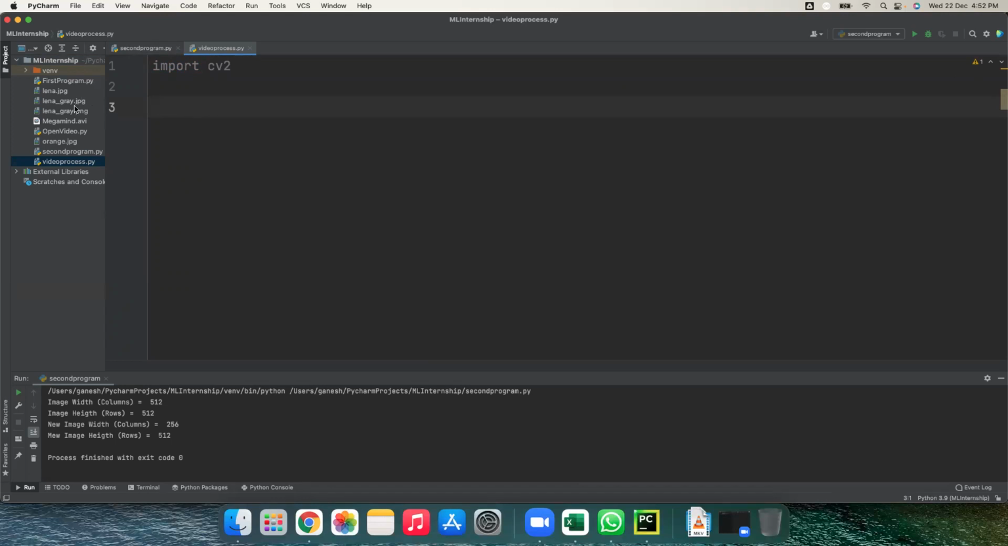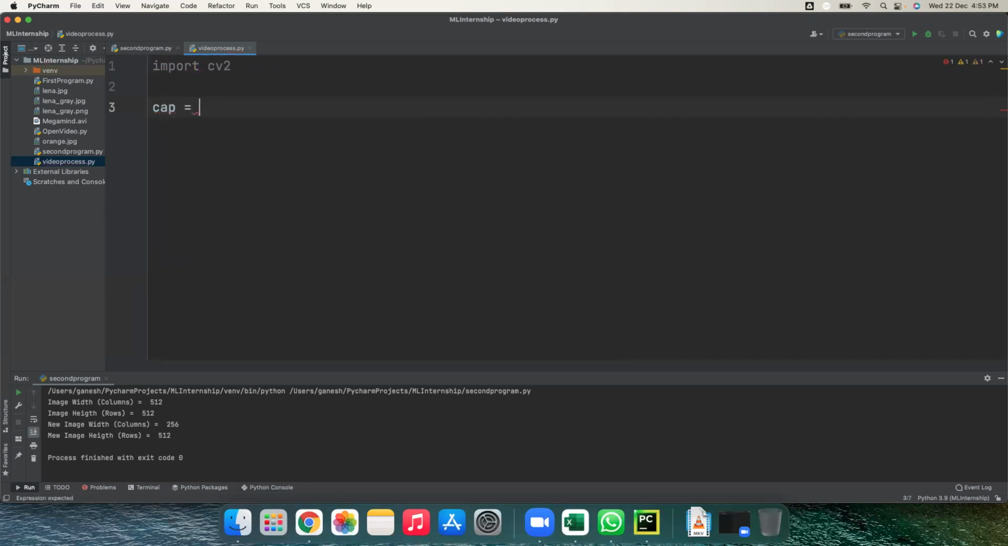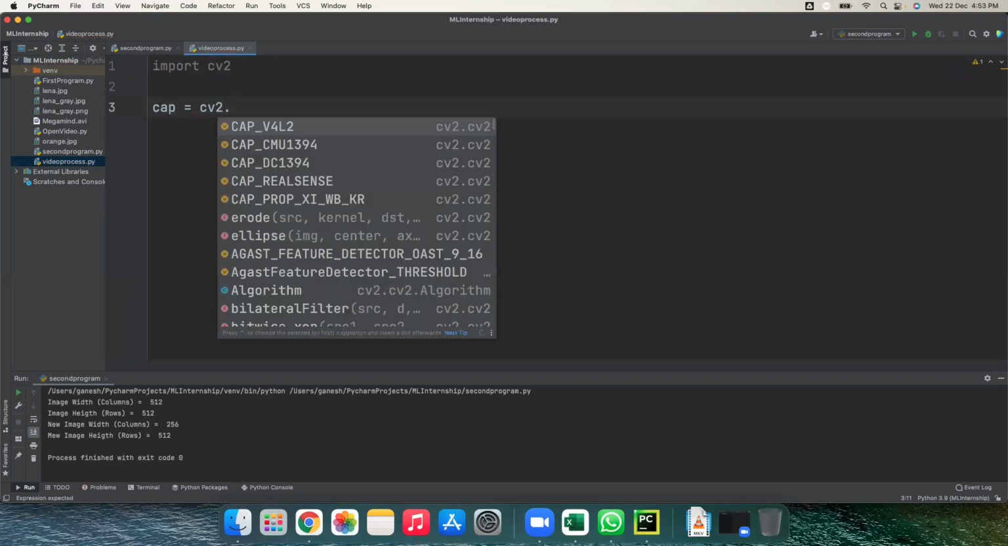If you don't have a webcam, you can try with this video, megamind.avi, or you can take any video that is available on your computer. Okay, so let's write down the basic code for video reading. Okay, so cap is equal to cv2.VideoCapture,